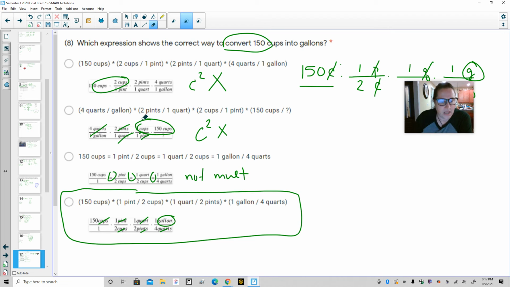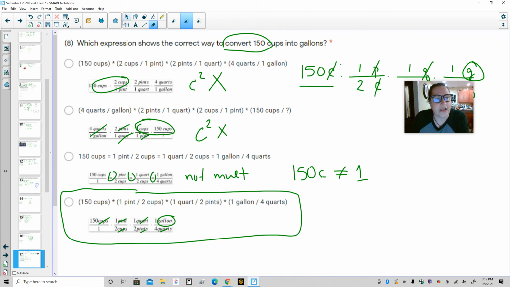Cups times cups. In the third one, keep in mind that these are not ratios to be set equal to each other. 150 cups is not, because 1 pint is 2 cups. That equals 1. Well, that doesn't equal 150 cups, right? 150 cups is not equal to 1. That's what that's saying. So then my only one that works is the bottom one,